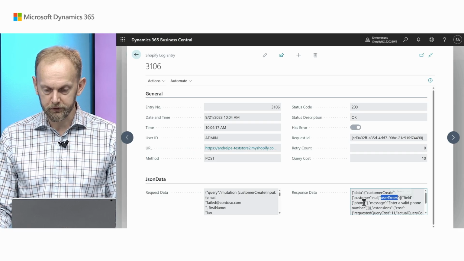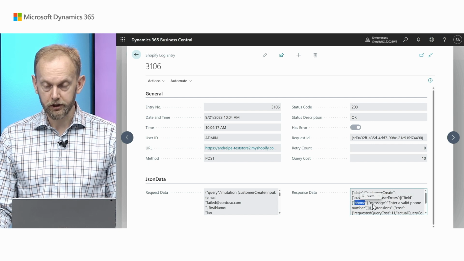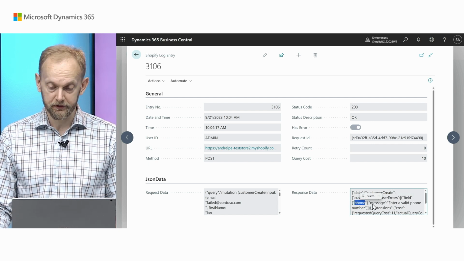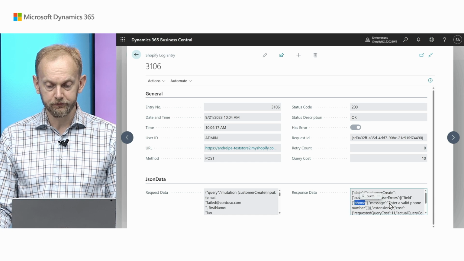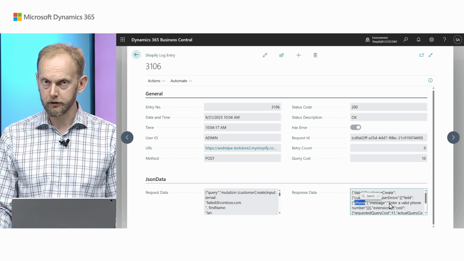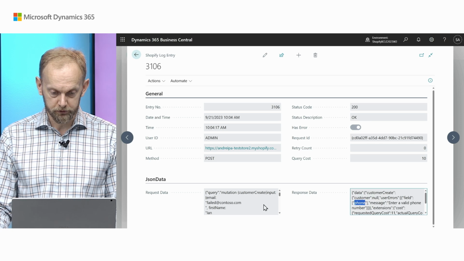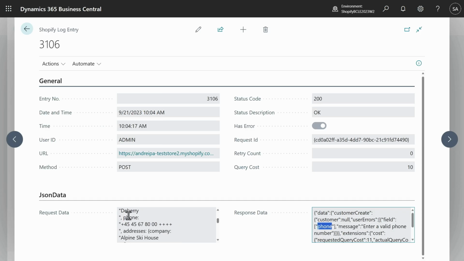So for example, field phone rejected the content which we were sending, and it says enter a valid phone number. So particularly Shopify checks the phones. And what phone do we send there? Yeah, it doesn't look like a very well formatted phone. So troubleshooting is very simple. We will just go and edit the phone and try again.